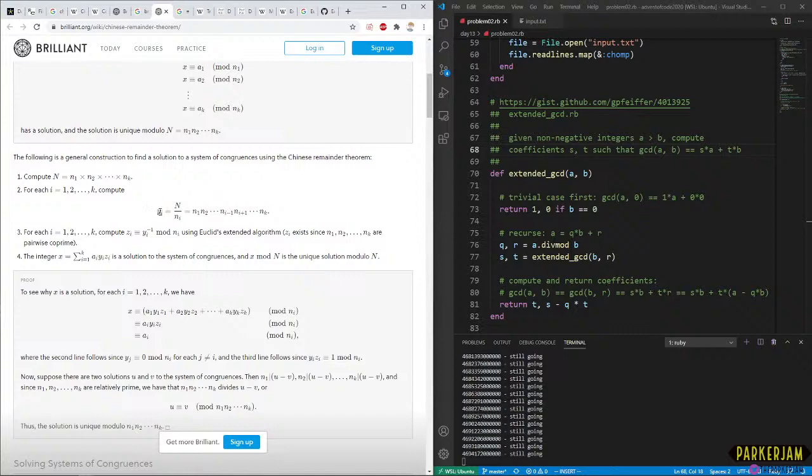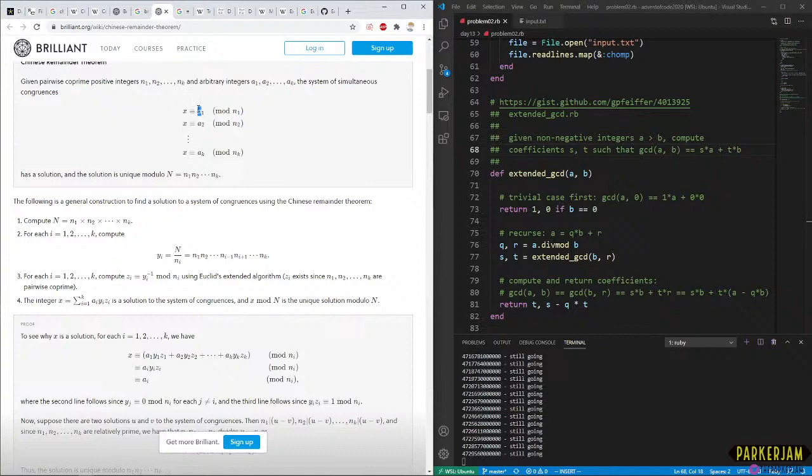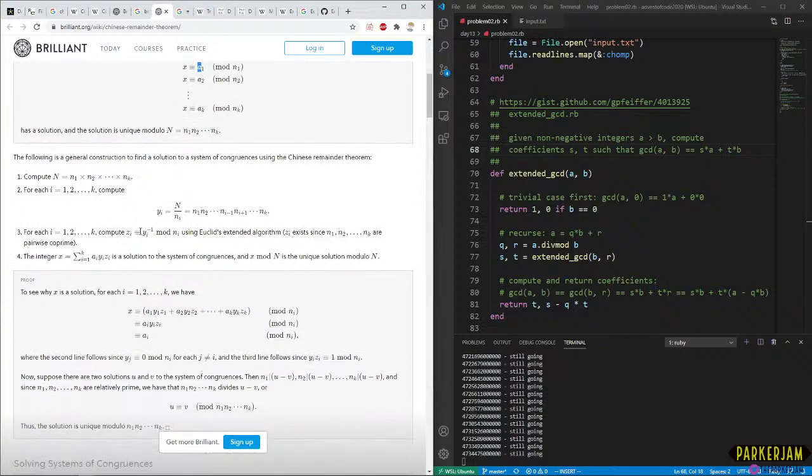Y is just the multiplication of everything divided by n. And what's a? A is our index. It's like our remainder that we're working with for this i.